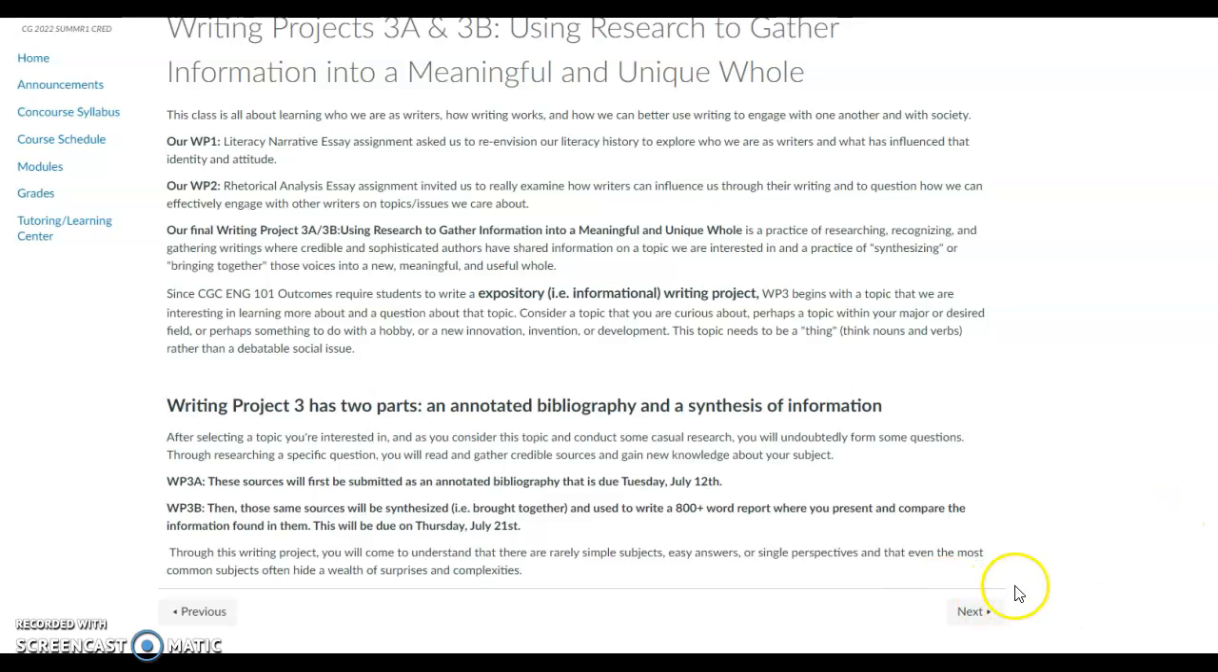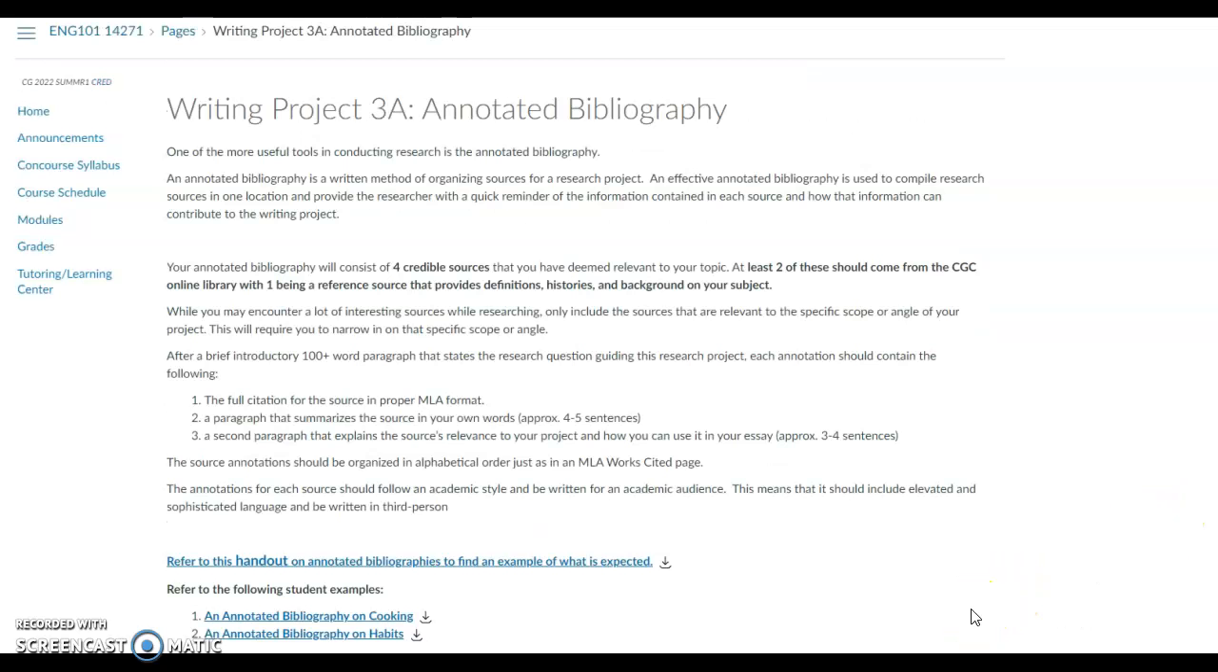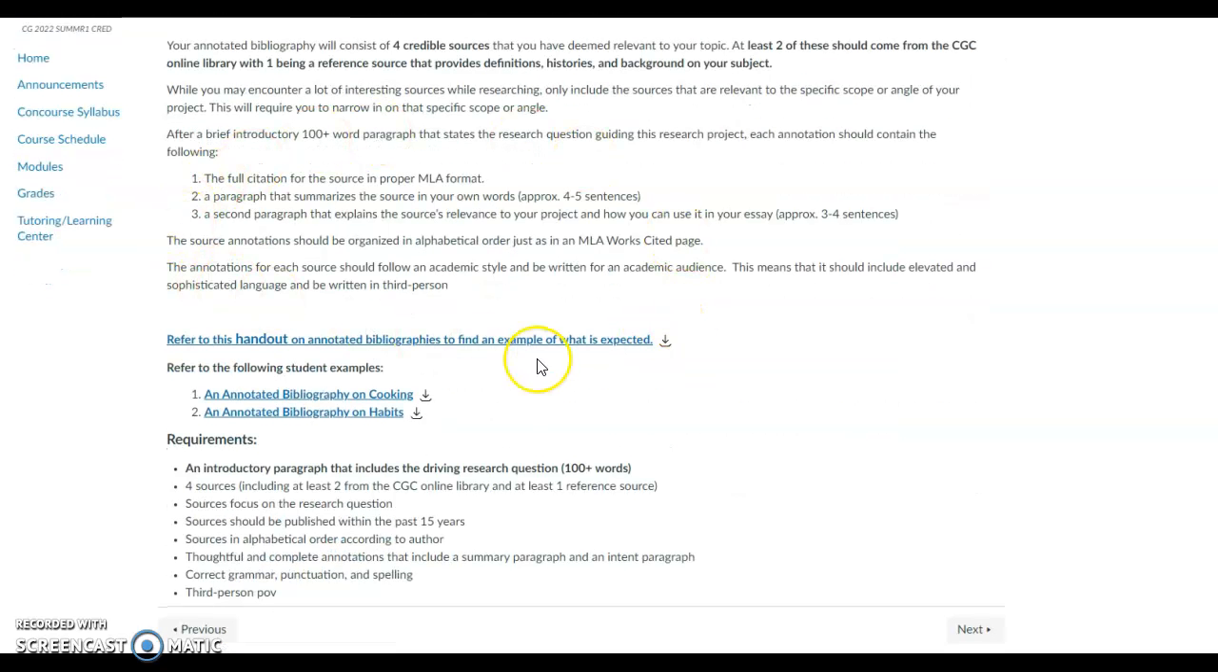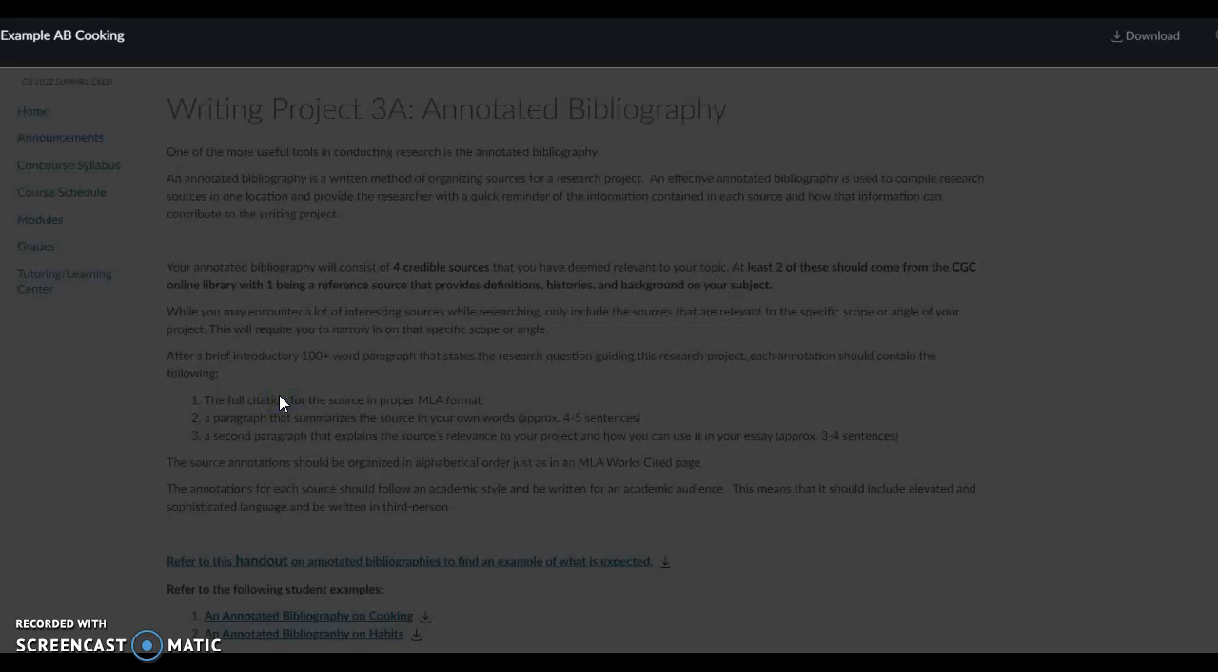Okay, so let's look over here. Here's some instructions specific to 3A, that annotated bibliography. And this type of writing is very common. It's also very formulaic. Okay, we'll start out with a little brief introduction that tells our audience what we are doing and what kind of sources we've gathered. But there are a couple handouts here that explain exactly what an annotated bibliography is. I'm going to just go right to the student examples so you can see what